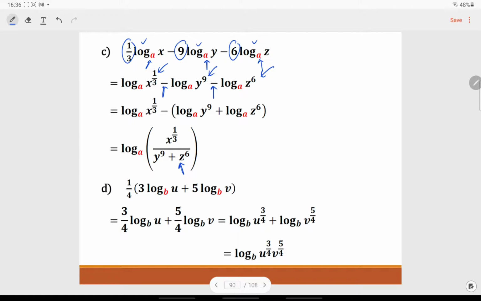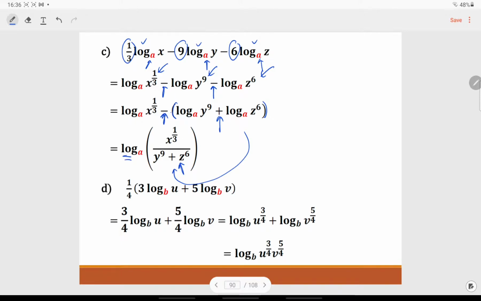We have 2 subtractions here, so that means we can factorize these 2 values together. So we have log x to the power of 1 over 3 base a minus, in parentheses, an addition operation. For addition operations, we need to use multiplication, because we have subtraction in the middle, so we have a fraction. This is the denominator. At the denominator, we just combine these 2 values using the addition operation. So from 3 logarithms, now it becomes a single logarithm.